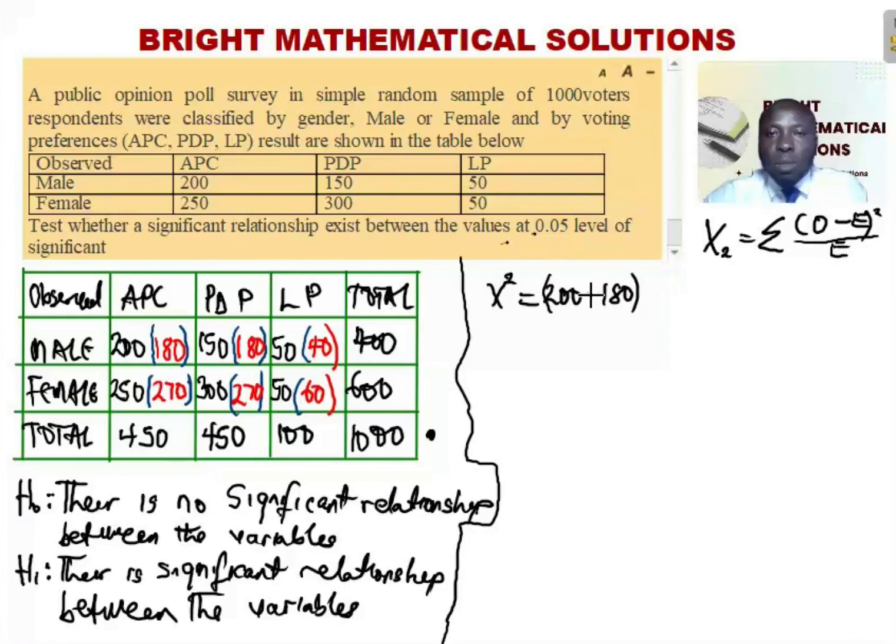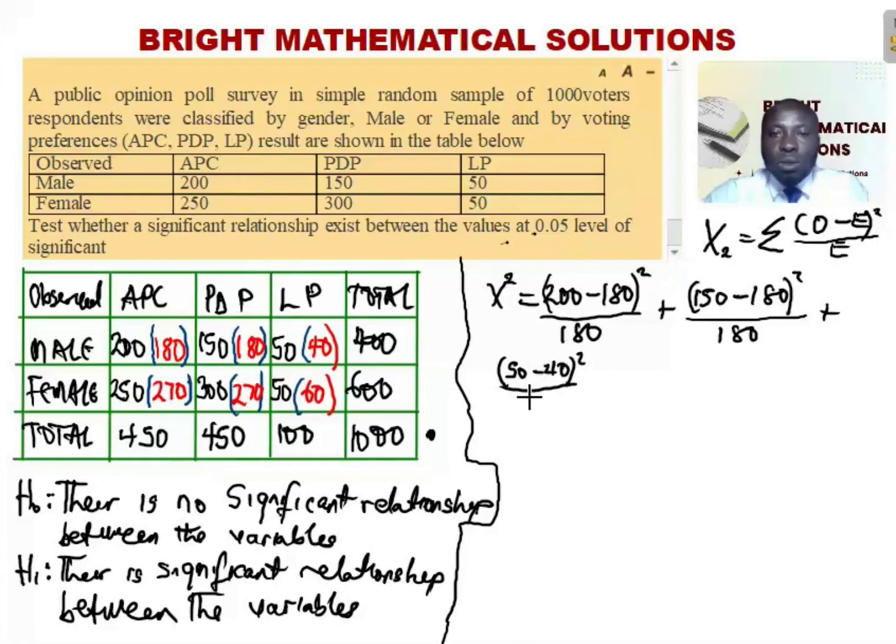We put them in bracket, raised to power 2 over the expected, this is 180, plus for the second one, that is 150, as I observed, minus 180, all raised to power 2 divided by 180 plus the third one, which is 50 minus 40 all raised to the power 2 divided by 40